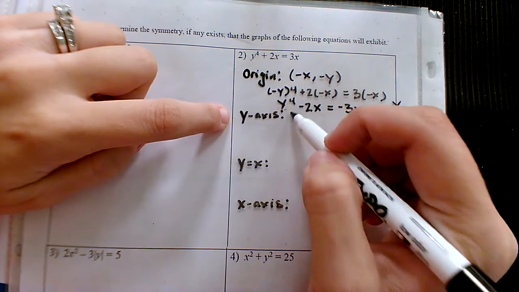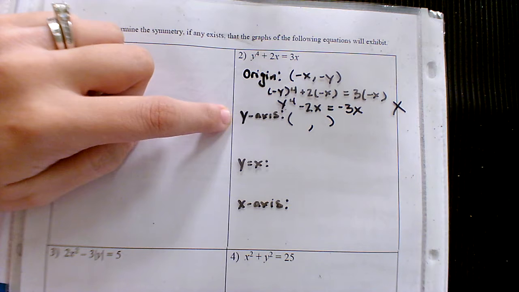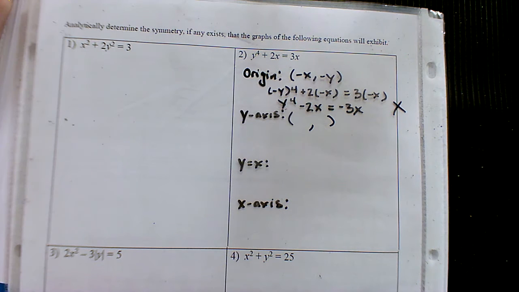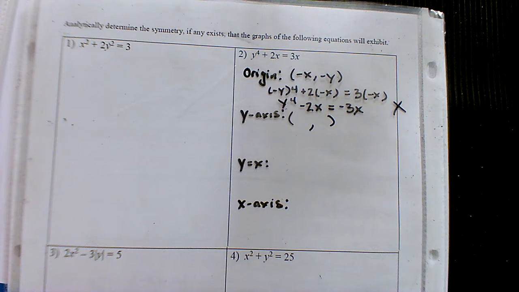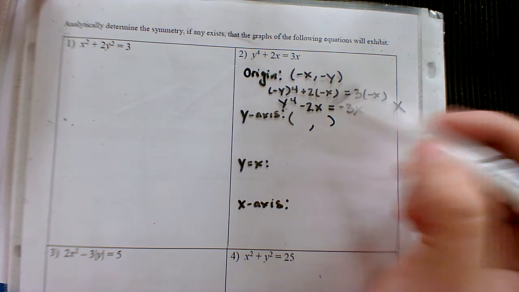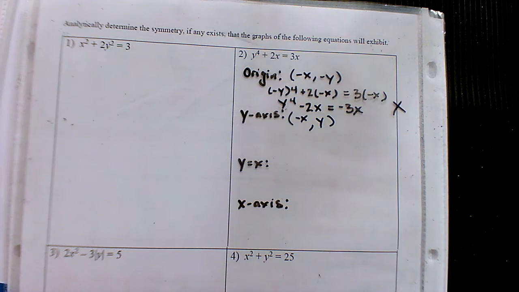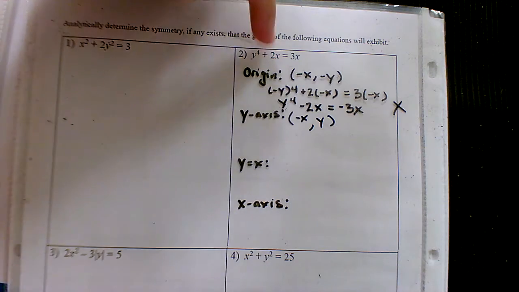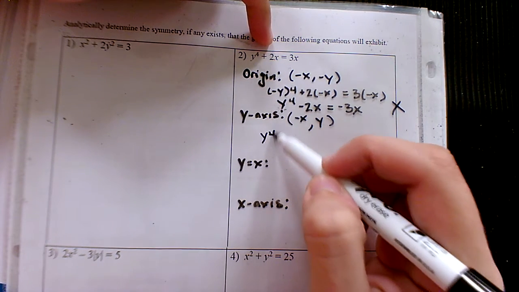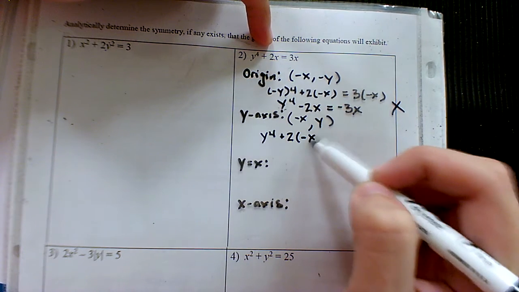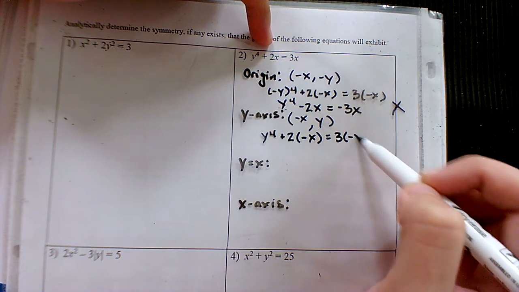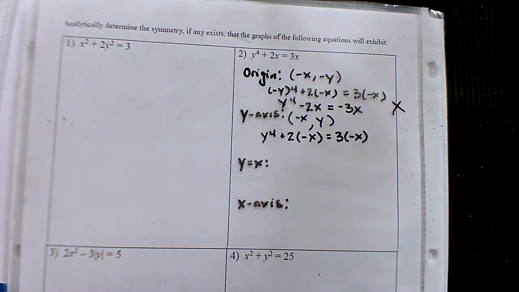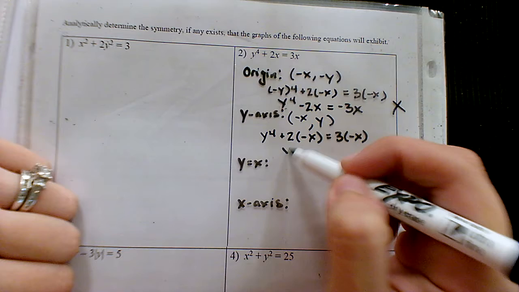What about that special ordered pair relationship for the y-axis symmetry? Go to Olivia? Yeah. Negative x, y. Okay, so in this particular type of symmetry, the x value switches sign. So in the equation, we only really have to substitute in a negative x. Notice how the y would stay the same. It's still a value of y. So simplifying,